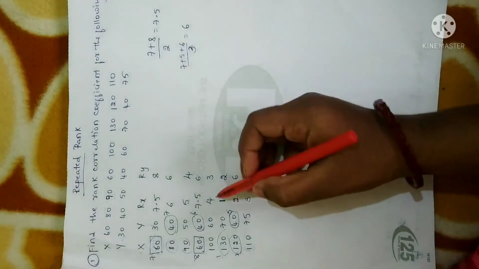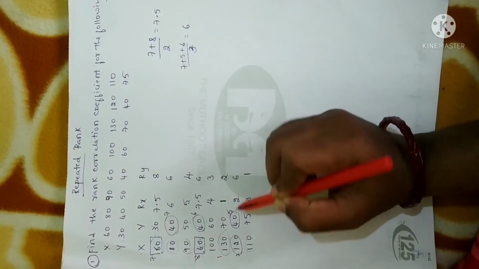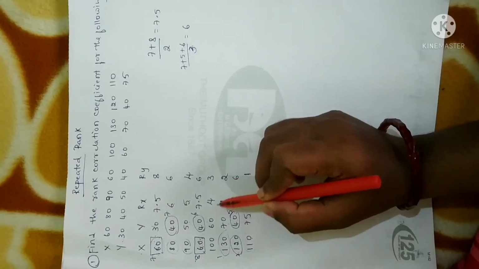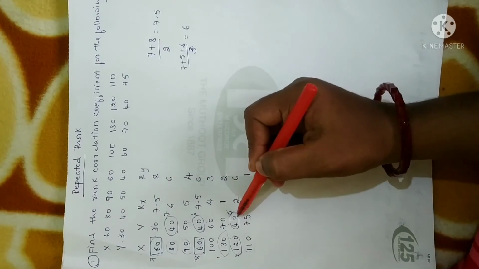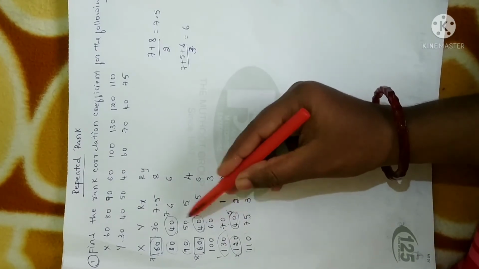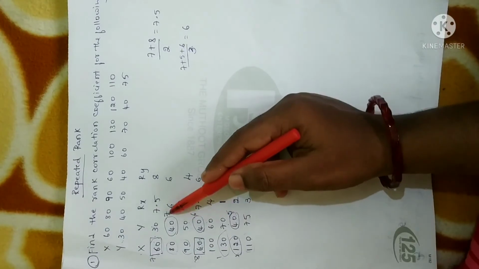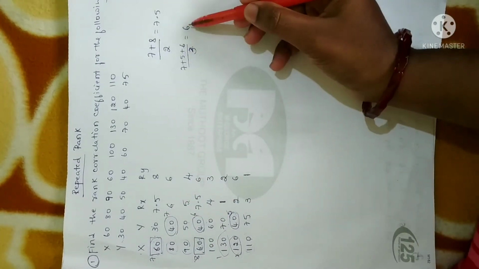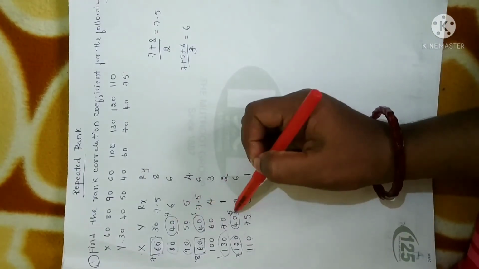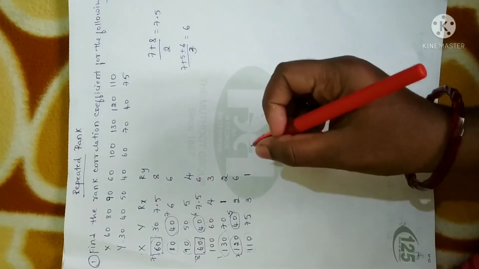Clear? I'm just repeating once again. For giving rank of Y values, the first highest value is 75, next highest value is 70, next highest value is 60, and next highest value is 50. Now to place the next highest value, 40, as it is repeated 3 times, you give 5th rank, 6th rank, and 7th rank, and you add 7 plus 6 plus 5 and divide it by 3, so you will get 6. So for all these 3 ranks you have to give the same number. Fine. So this is how Ry is calculated.